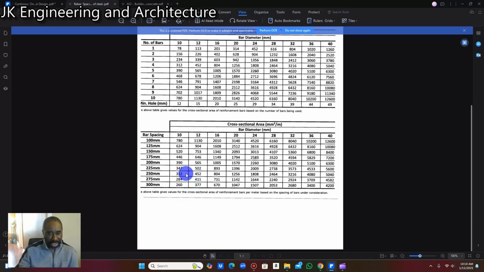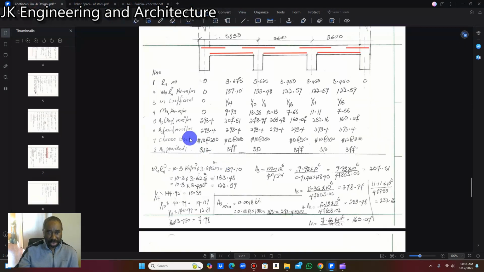Which is greater than the 312 here. So we're going to choose number 12 bar for 312 millimeter square per meter. We're going to space them at 300 millimeter on centers. All right, so if you look at our table now, we're going to choose for our top bar here,